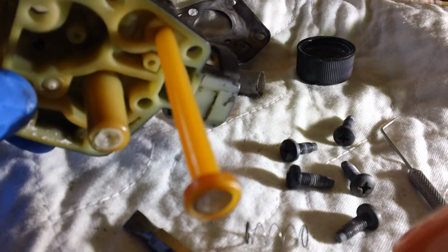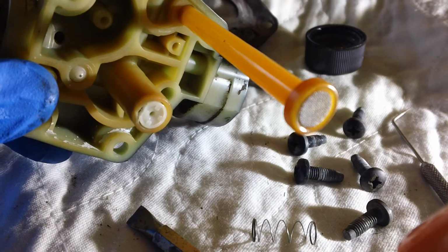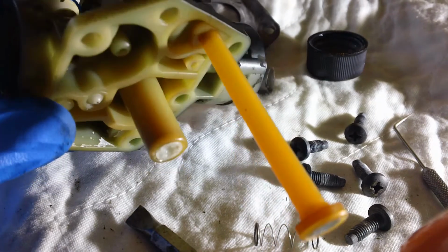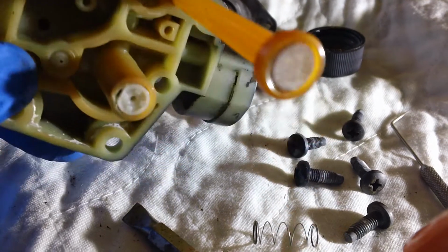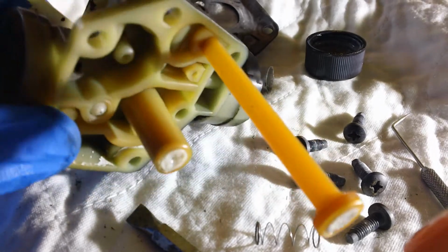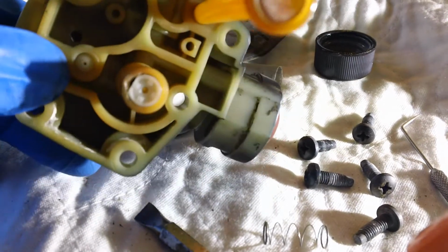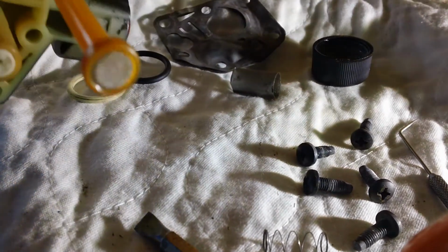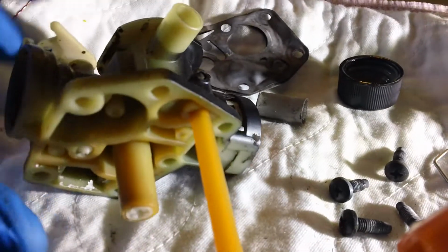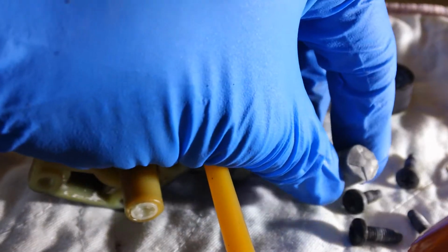So it looks fairly clean, you know, for a cheap lawnmower. You can clean these or you can just replace them. I think they're about $10. So with the pulse eject style, just clean out all these screens and stuff like that. I'm probably going to take this screen here and blow it out a little bit more. It doesn't even look that bad really, but